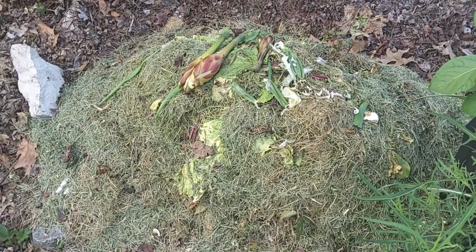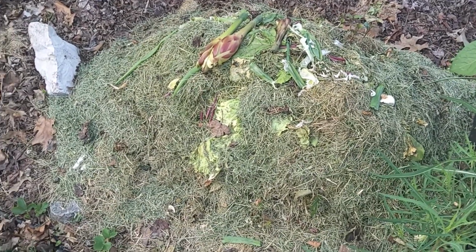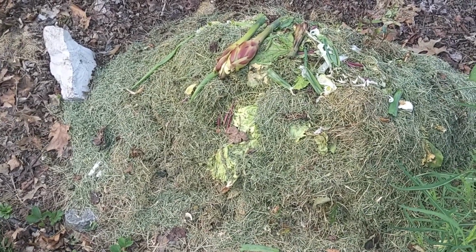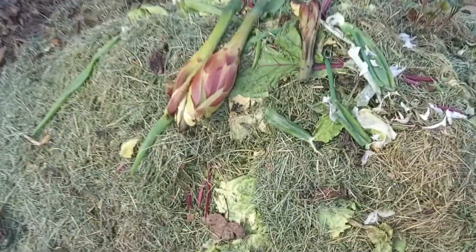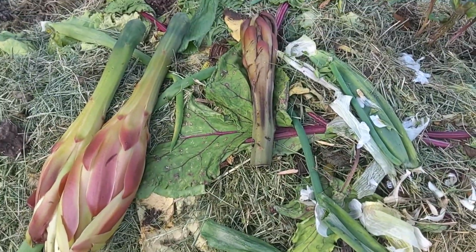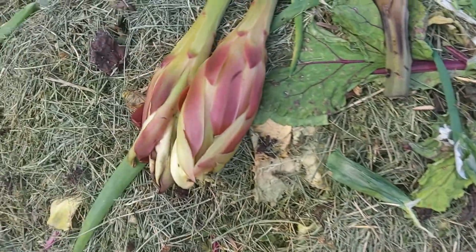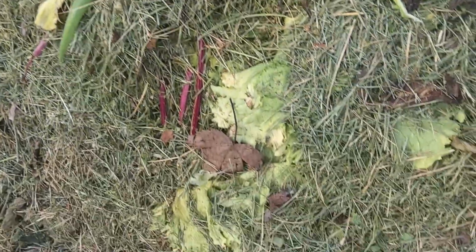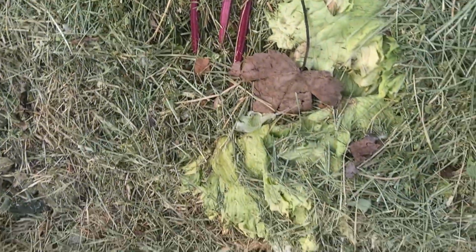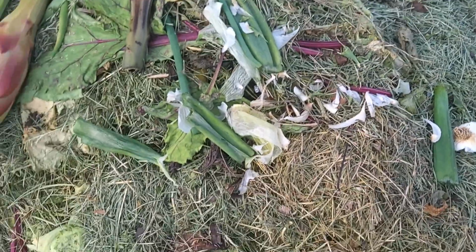Here's another thing I wanted to show you. This is a compost pile that we put leaves and our grass clippings from our bagger. And you can see down in here I've harvested some beets, so I've taken some beet leaves and onions, and there's our cactus flowers and lettuce. And here's some garlic remnants. The thing I want to show you is, if you'll look right there,